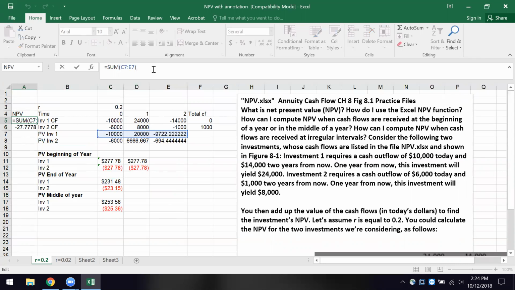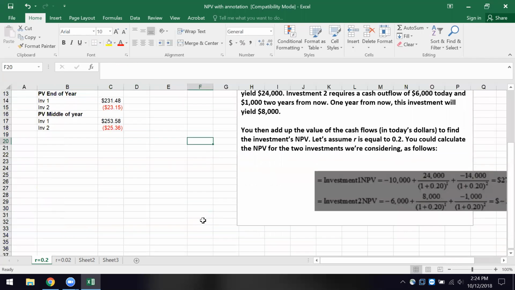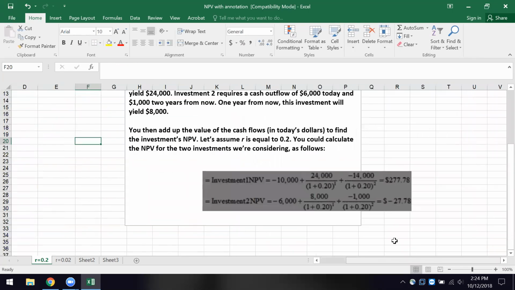There's the sum of those. Present value of investment one. Here's the sum of the present value of year two. If you look down here, and I want to help simplify, let's go back over this formula real quickly. And this is for investment one. For investment one, we put in